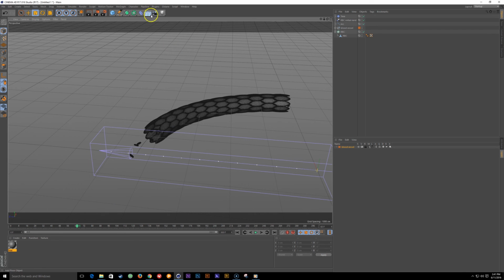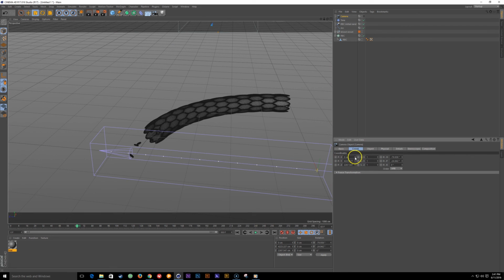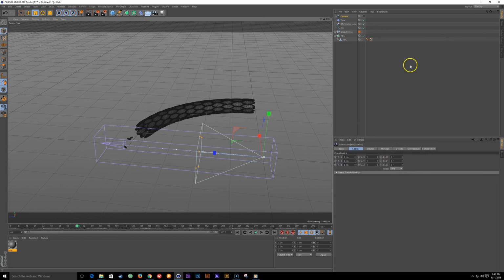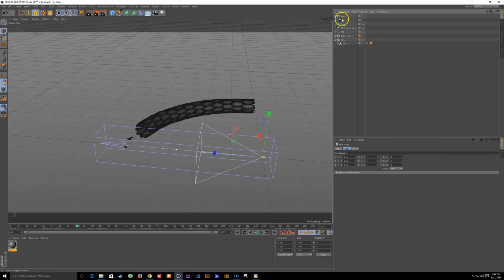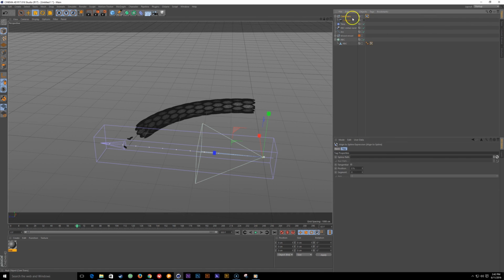You know what? I can just click right here, make a camera. And usually what I do is I would just zero out everything first, so it's right in the center. And you can just right click the little arrow here, and that would just zero out your coordinates. And I'm gonna group that by hitting Alt G into a null object, my camera. And this is gonna be my camera transformation or whatever. And I'm gonna add a line to spline tag to that. And I'm gonna reference the arc right here, and make sure